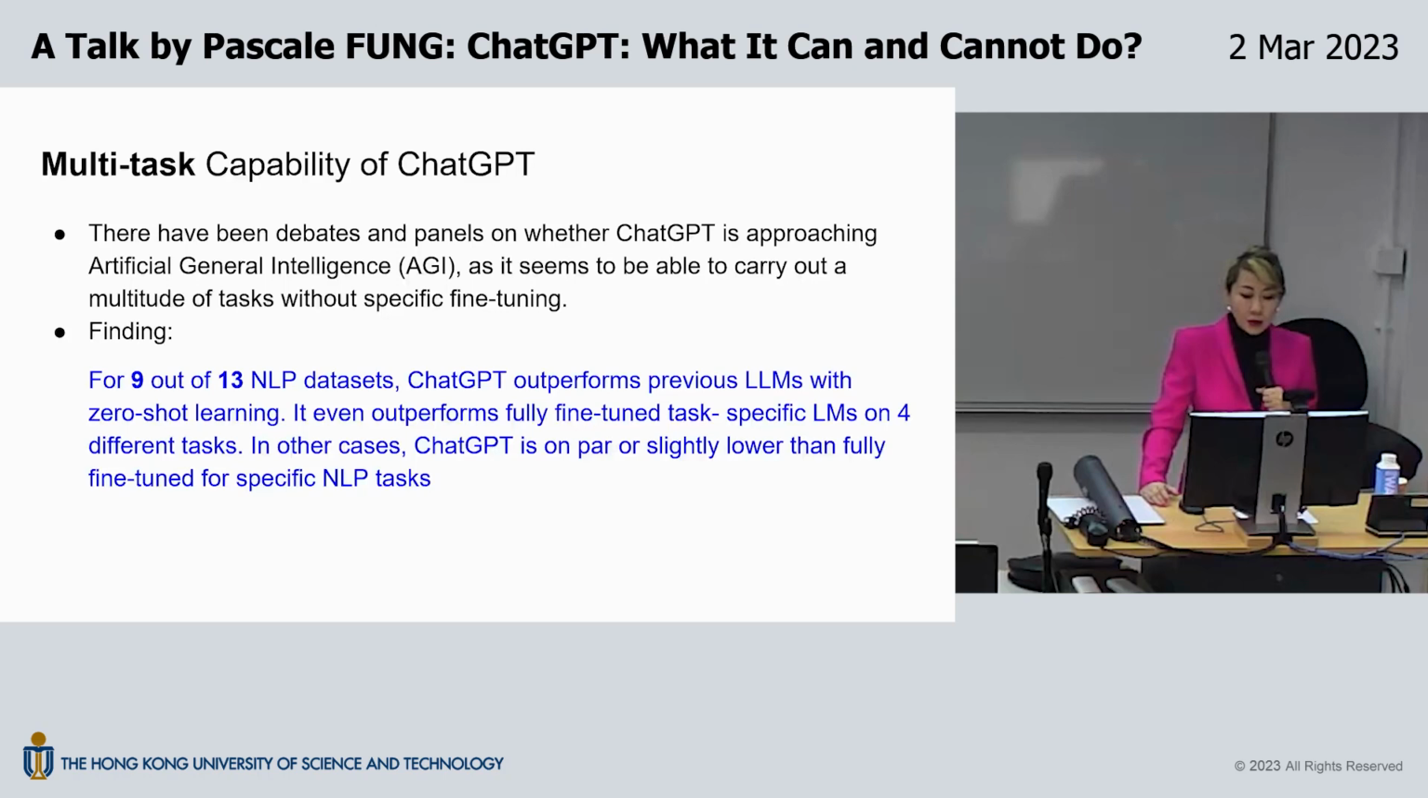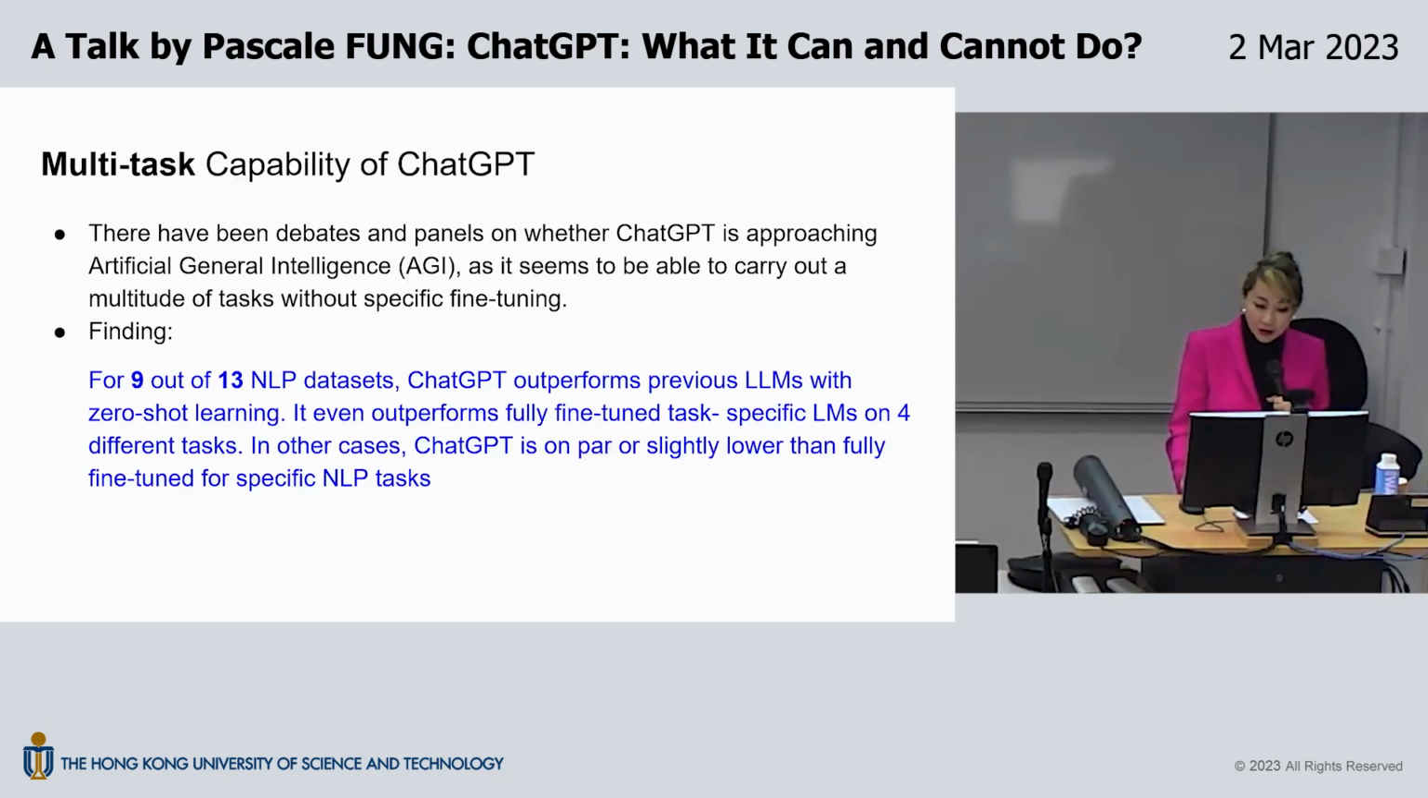However, what we did, the details are in the paper, but we actually evaluated ChatGPT's performance on 23 standard test sets that are publicly available, and on 8 major natural language processing tasks. Right, so what we found is for 9 out of 13 NLP test sets, ChatGPT outperforms previous large language models